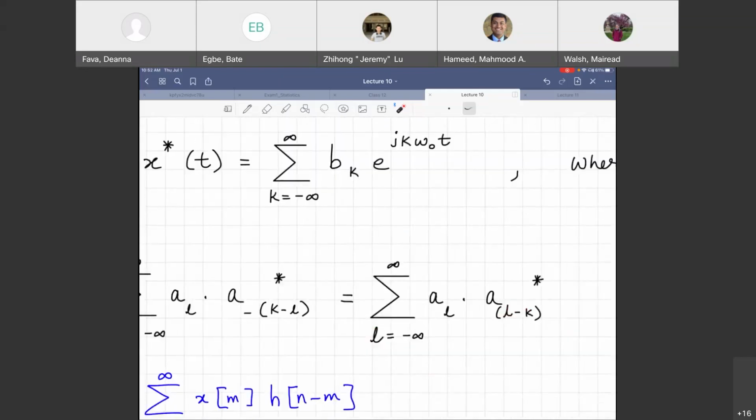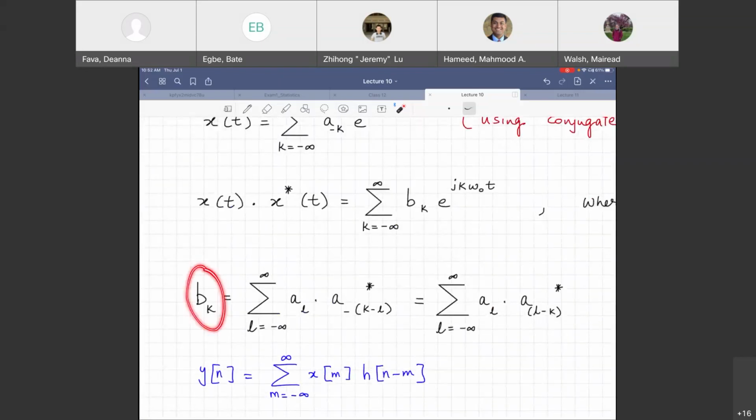So this one can be obtained by taking A and taking A sub minus k. Sub minus k means what? Flipped about k. And then conjugate means what? The amplitudes have become conjugate. A plus jb has become A minus jb, right? So their values have changed. Amplitudes have changed.